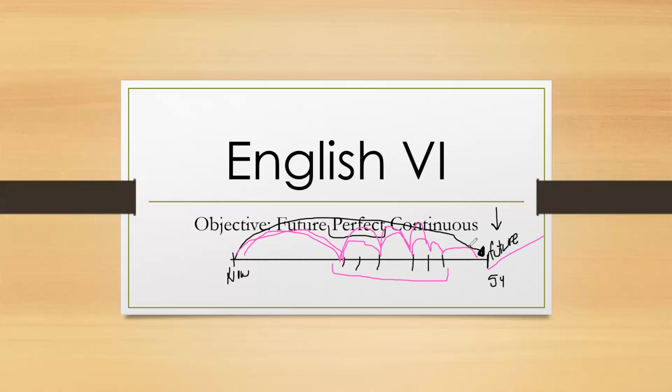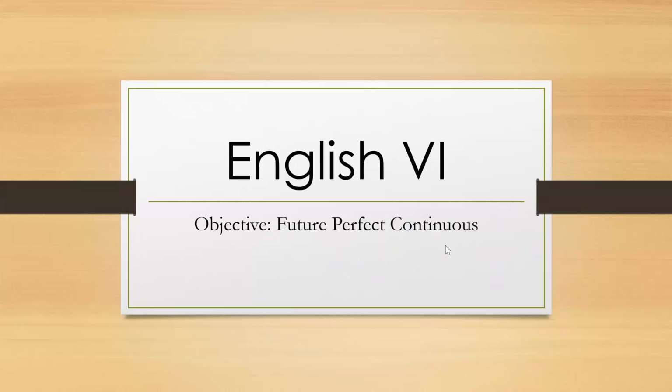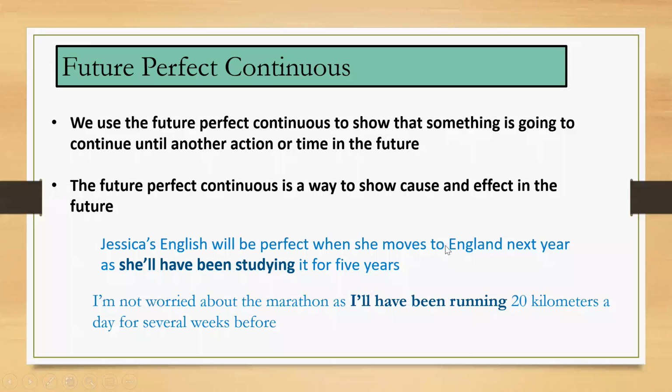Now, what about the future perfect continuous, which is going to be today's topic? Okay, so we use the future perfect continuous to show that something is going to continue until another action or time in the future. So it is very similar to the future perfect, okay? The difference between the future perfect